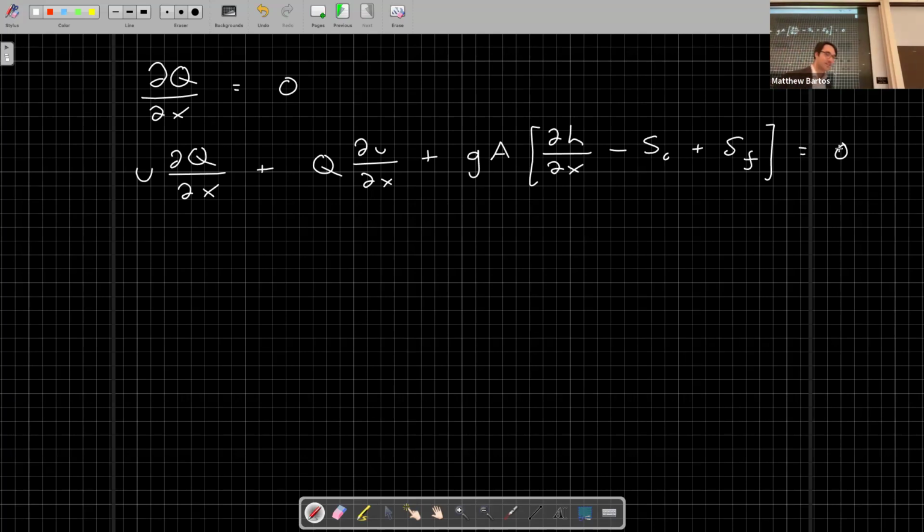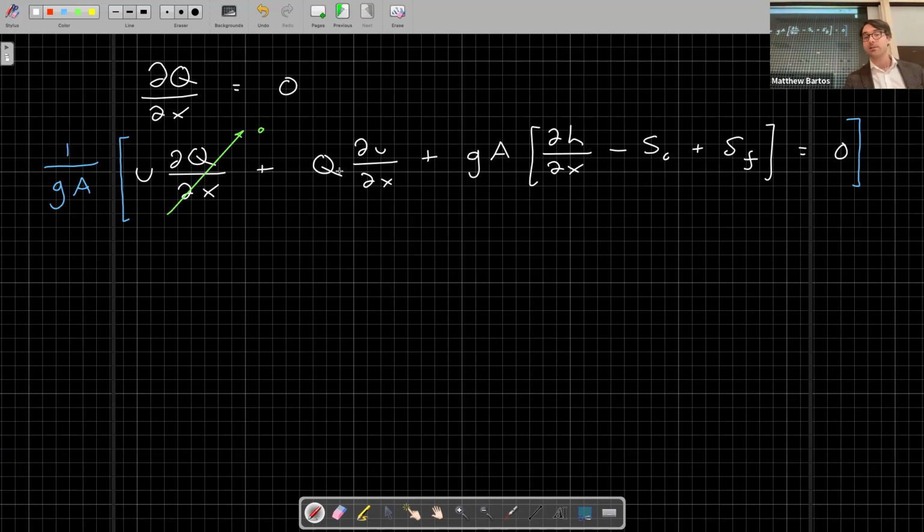There's something we can get rid of here. Yes. Right. So dq/dx is equal to 0. So if we substitute that in here, we get that this whole term goes to 0. So the next thing I'm going to do is multiply both sides by 1 over gA. And we can write out the rest of this expression just dividing through by the acceleration due to gravity